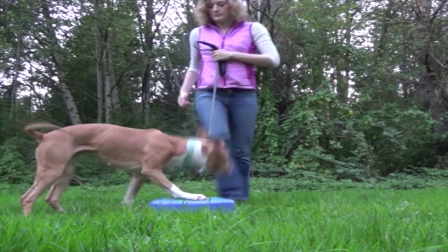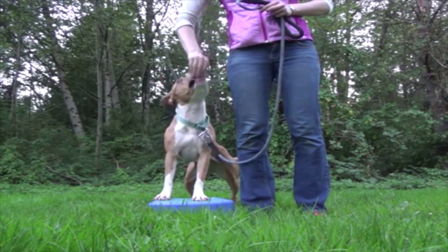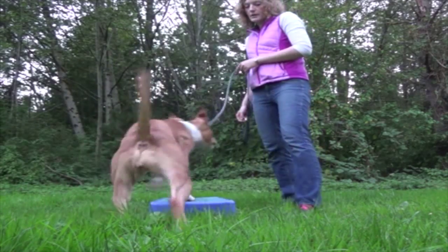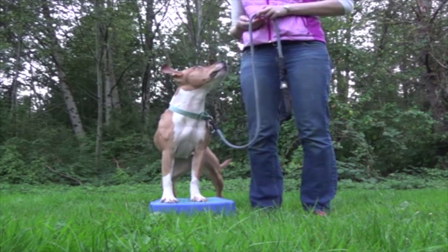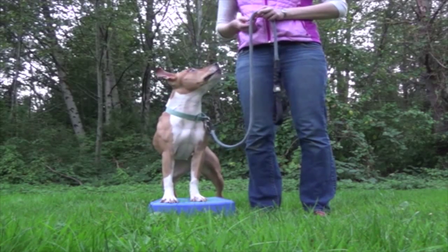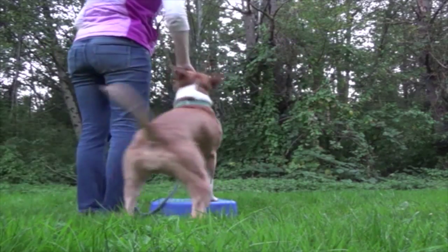Tip number 2 is to verbally mark, or if you use a clicker, click for moments when your dog does what you want them to do. If your dog does a behavior, especially for new behaviors, and absolutely nothing happens, they will have no reason to think that that was what you wanted them to do. For your dog, learning new behaviors is kind of like a guessing game. And if they guess the right answer and nothing happens, they're just going to move on to the next guess. The more times they guess the right answer and get no feedback, the less likely they are to